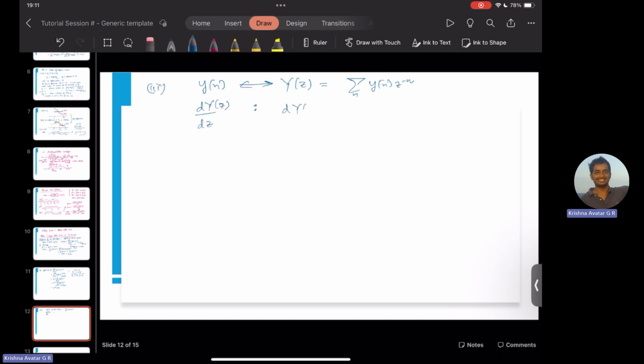So dY of z by dz is going to be equal to the summation over n of